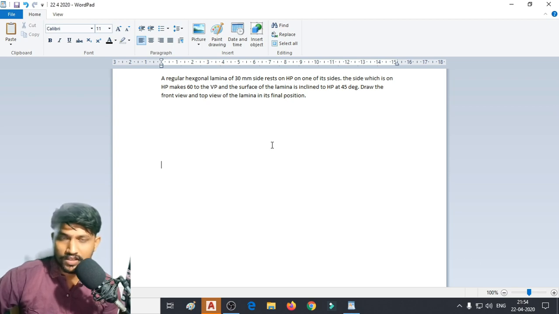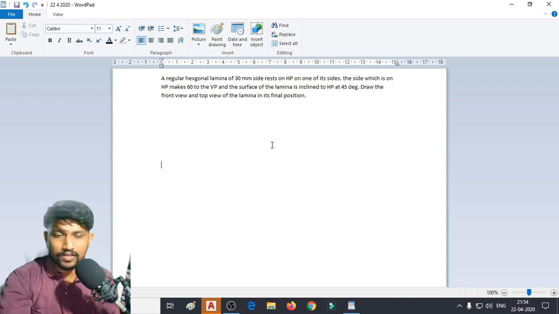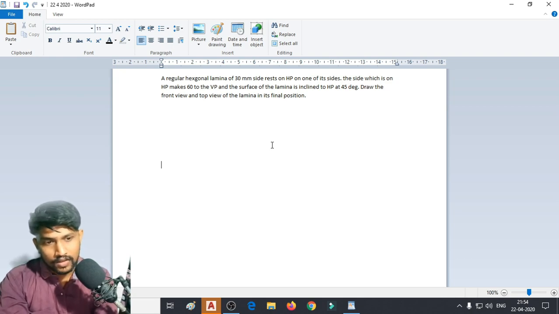If all the sides were resting on the horizontal plane, it would of course be parallel to the horizontal plane. But since only one side is on the horizontal plane and the rest are not, this particular plane surface is making a certain inclination with the horizontal plane, and the side which is